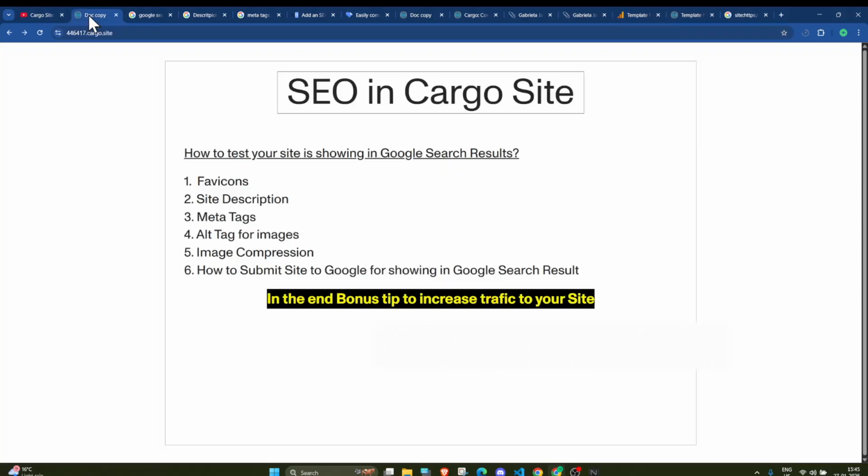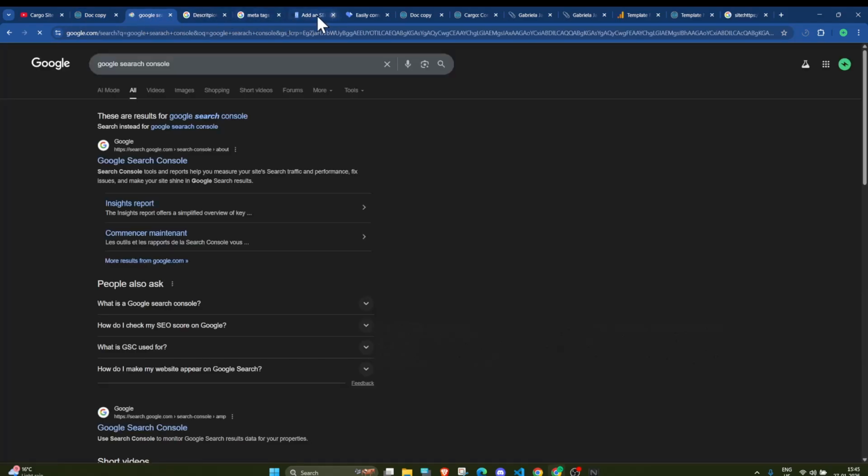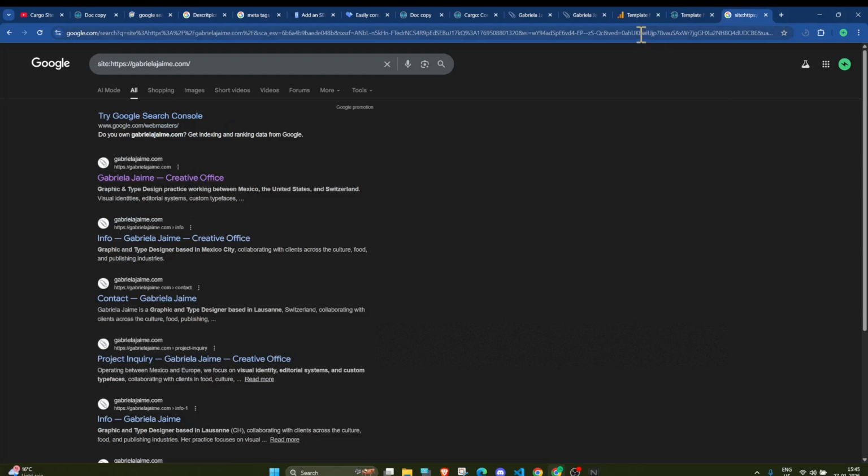Let's go to the second option which we have. We have site description. Let me show you what site description is. Site description is what shows up when somebody searches for your website, and this is the site description. So how can you customize this?